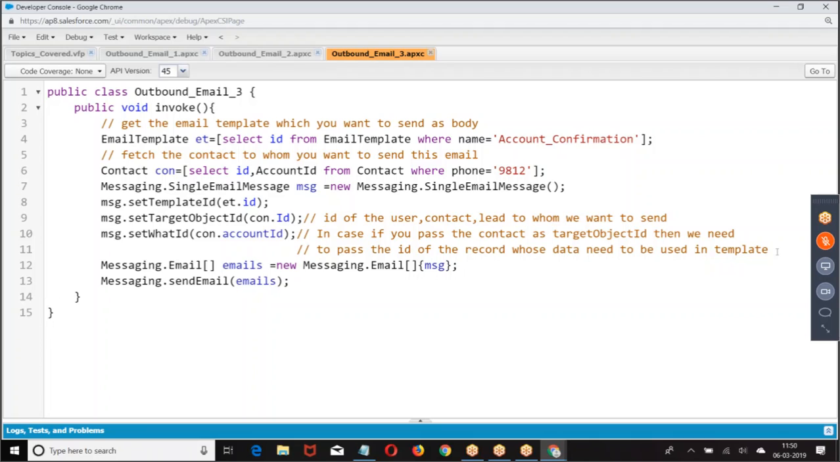Any query that you have, look at the point. The email template which you want to send as a body, write a query, get it. The ID of the contact to whom you want to send this email template, write a query, get the point. Single email message, set the template ID, set the target object ID. Target object ID is the ID of the contact,